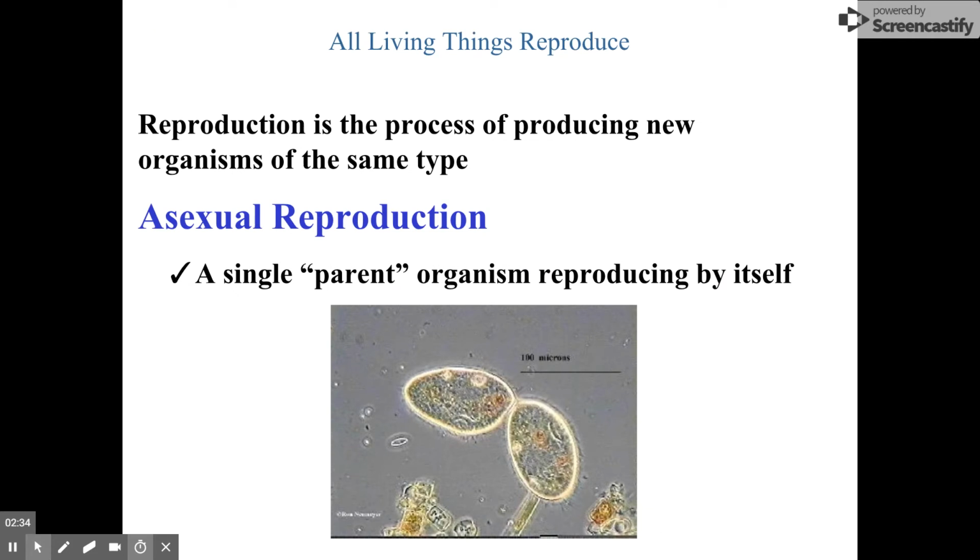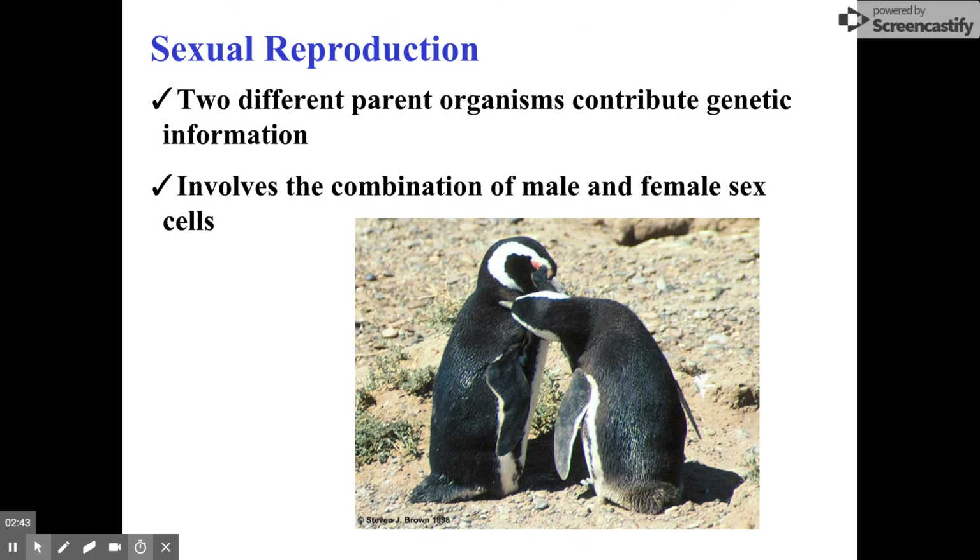We'll learn that asexual reproduction is faster, it requires less energy, but the downside is that we do not increase genetic variation. Sexual reproduction is way more expensive energy-wise. It takes a lot longer. However, it does allow us to have different genetic combinations, which is very good for our population.